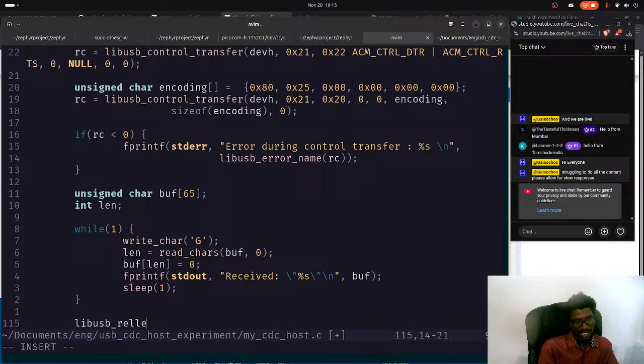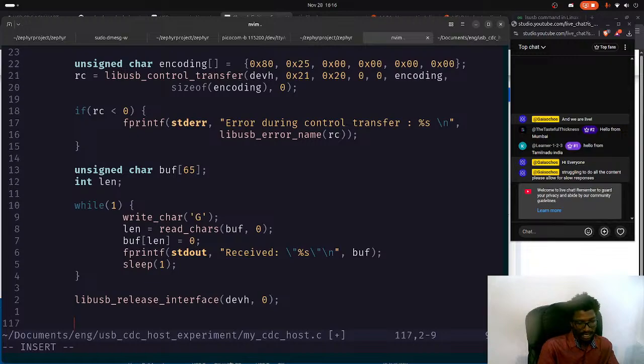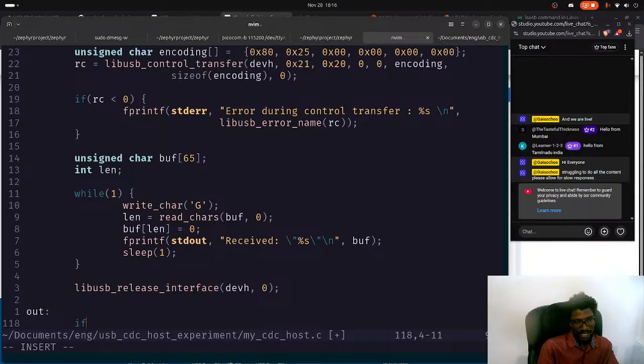And then there's that, and then we need to define that label, lead USB release, in case we have this interface dev h0, and there's that, and then we want to come back here and define an out, and then if dev h